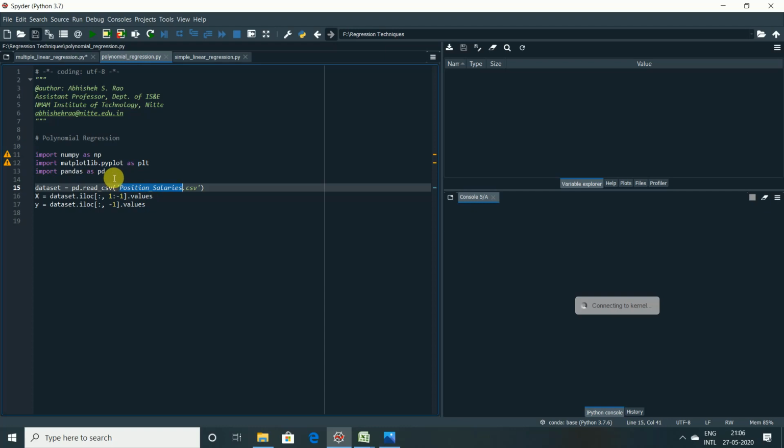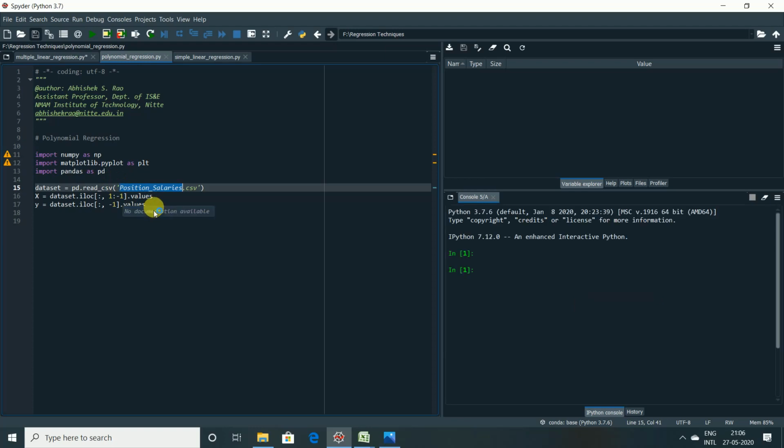We need to train the linear regression model on the whole data set. That means we are trying to compare the linear regression model with the polynomial, or else it is of no use. If you come directly to polynomial, you may not understand why we require polynomial regression. So I will just train the model for linear regression. Let us see the output and analyze it, whether it best fits the given data set or not.